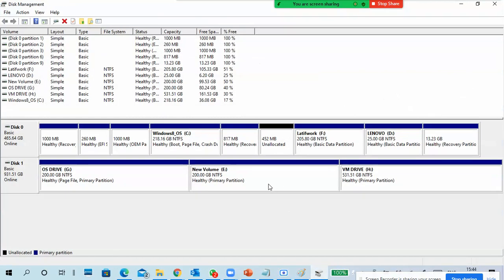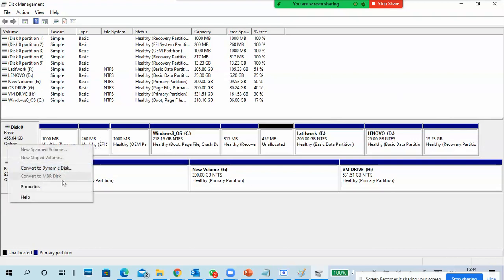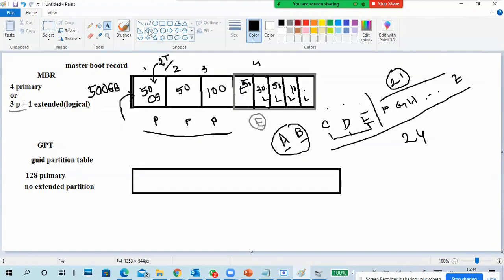That's why even though I have multiple primary drives, and if you see these are also primary partitions, even though they have recovery kind of names, they are primary partitions if you see that color. But still, there is no extended partition because this is GPT. So in a GPT partition table you can create 128 primary partitions. Anybody have a doubt? 128 primary and no extended.